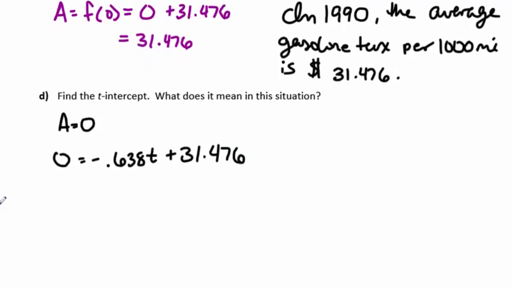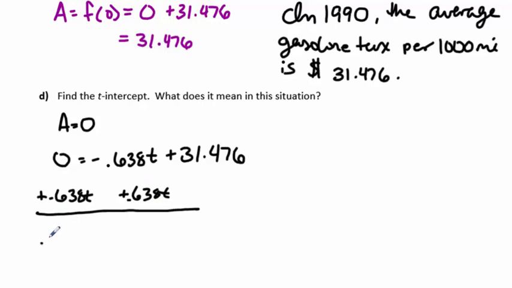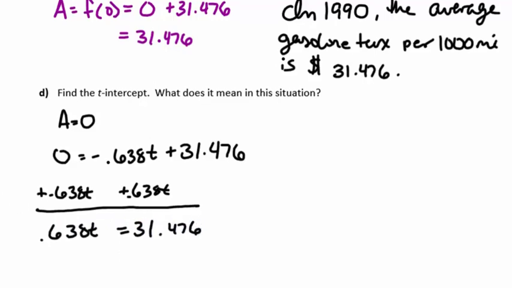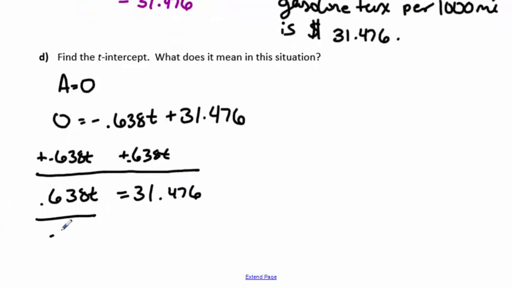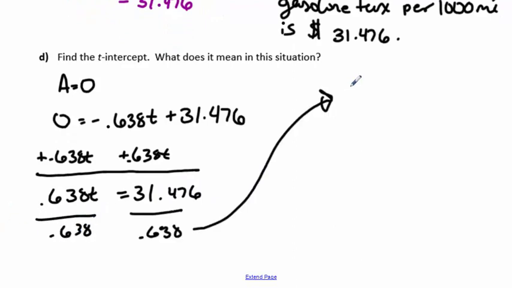Because the negative 0.638 t is negative, I'm going to add it to the other side. Adding it to both sides will give us 0.638 t equals 31.476. And we know that if we want to solve for t, we're going to divide both sides by 0.638. So t is equal to, grab a calculator and divide 31.476 by 0.638. We get about